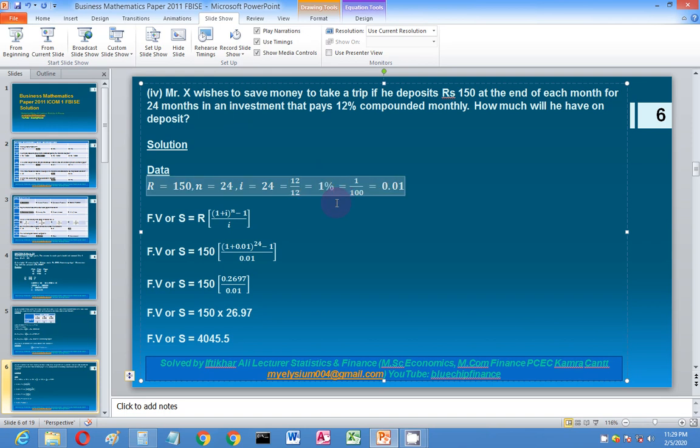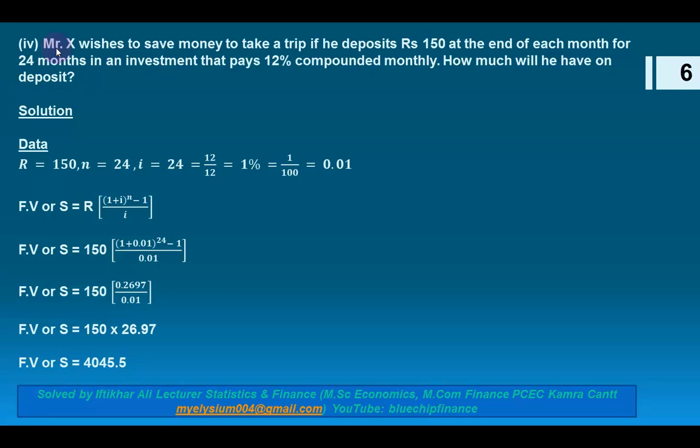We divide this 12% by 12 months, so the monthly interest rate is 1%. When we take the fraction of this 1%, it is 0.01. Just simply put these values into the formula and we can take the future value, that is